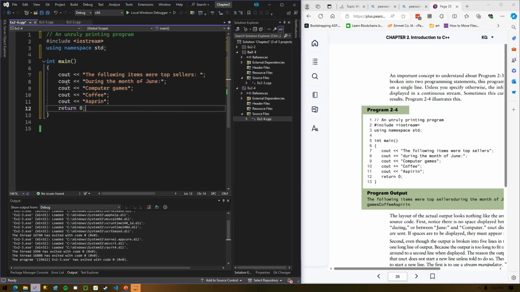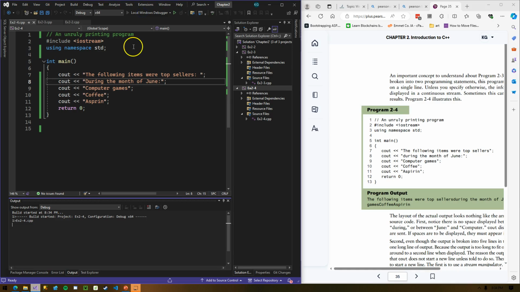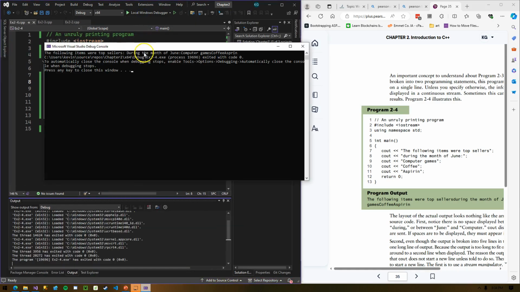Return 0. All right, so it kind of looks like it might be formatted okay because in our code editor, yeah, we got this on one line, this on another line, so on and so forth. But if we make this our startup project, run it, not so much. We have no new line characters, no escape sequences telling the program to output the text to a new line. So we need to tell it to do that. So everything's all kind of jumbled and mushed together.